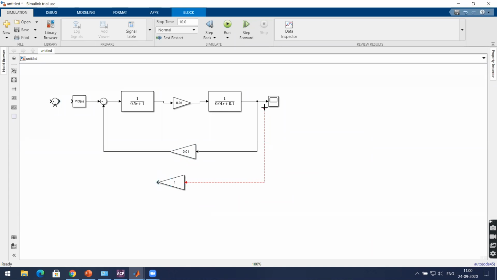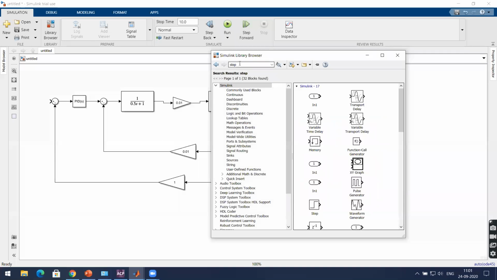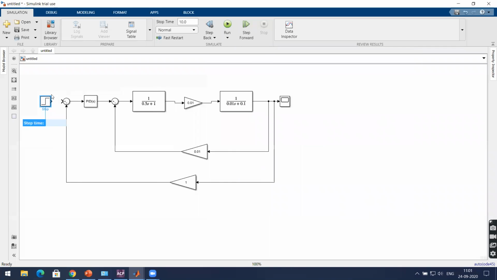Fine. Then take from the omega, that is the output, connect this to the summation, this is negative here, connect to this. Then what else? Input, sir. Desired input to the left of that summing. I'll take a step input, keep it here. Now what is the units of this one? Omega, sir. Omega.